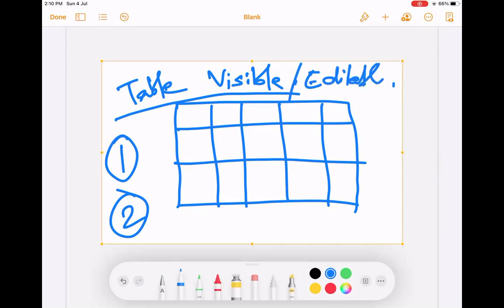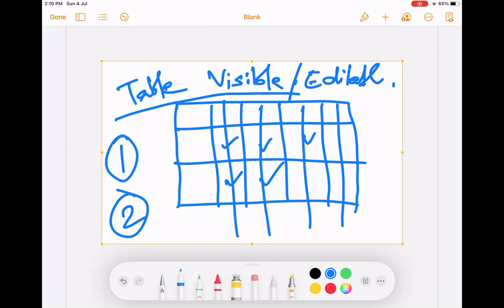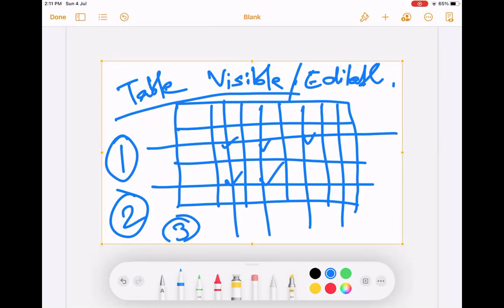I am talking about whether the field values per column are accessible to a person or not. This is the second level. And the third level is whether these horizontal records are visible or accessible to somebody or not. So three levels of access.